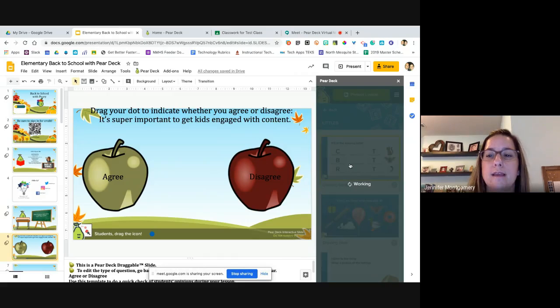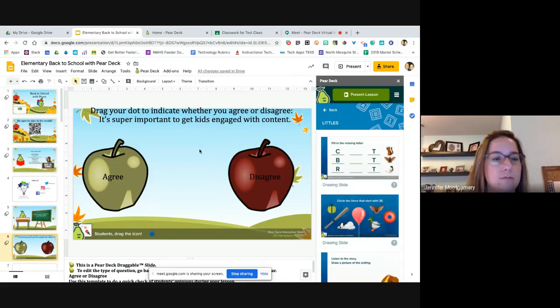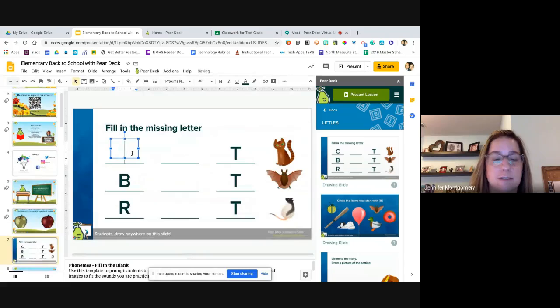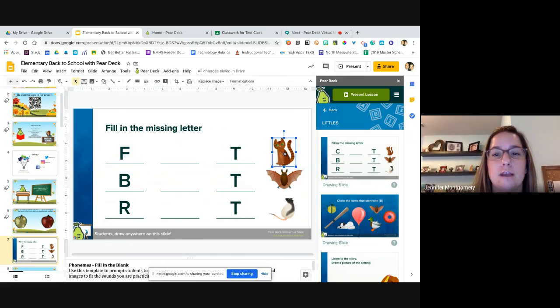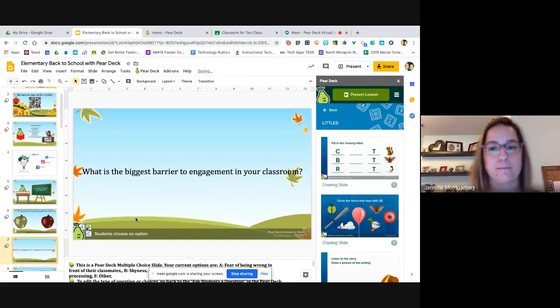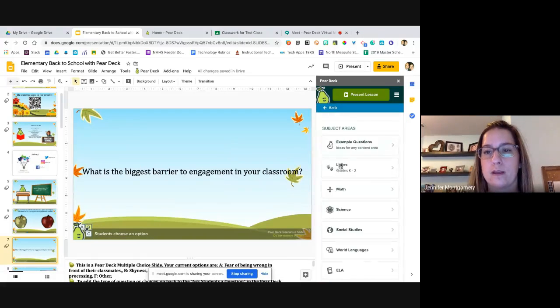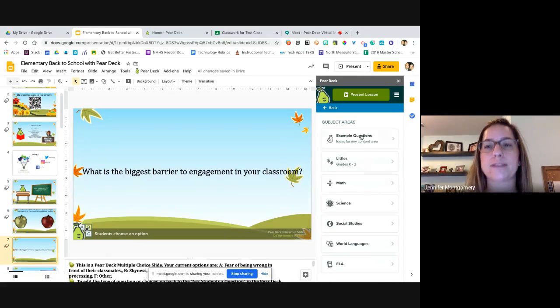Let's say this one, and you wanted it not to say cat, bat, and rat. You can make it say something different and add those in. So if I wanted to say another word like fat, you can make it do whatever you want, and you can change out all of these things. So they're completely customizable. There are templates down here if you want to look at them or add them into your already made